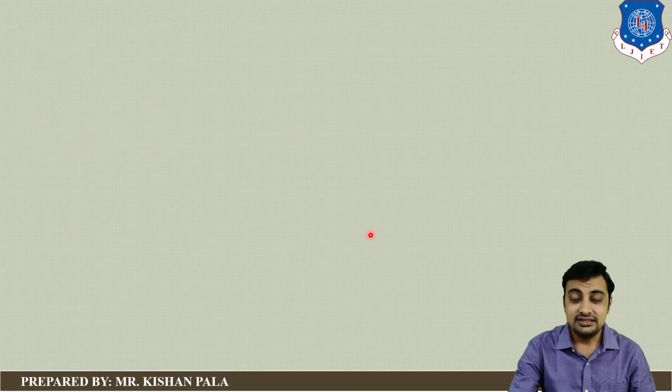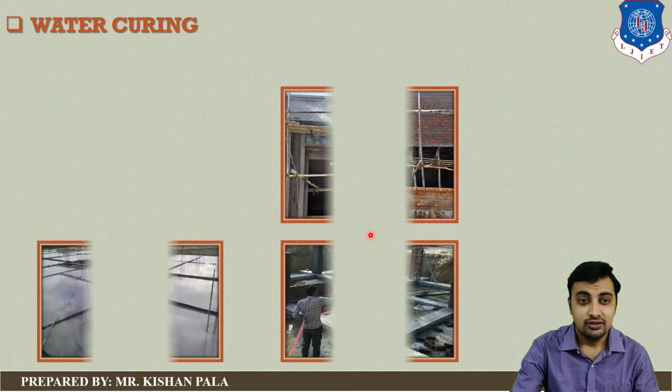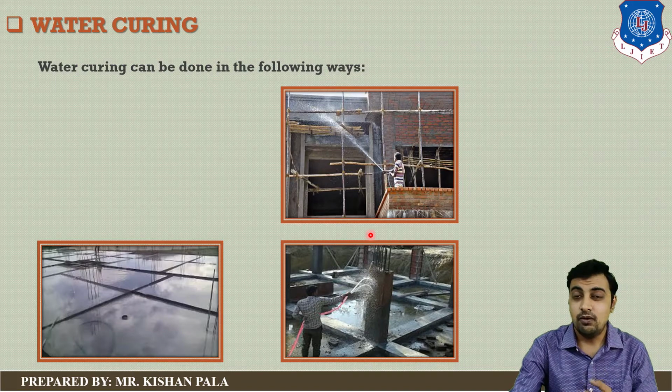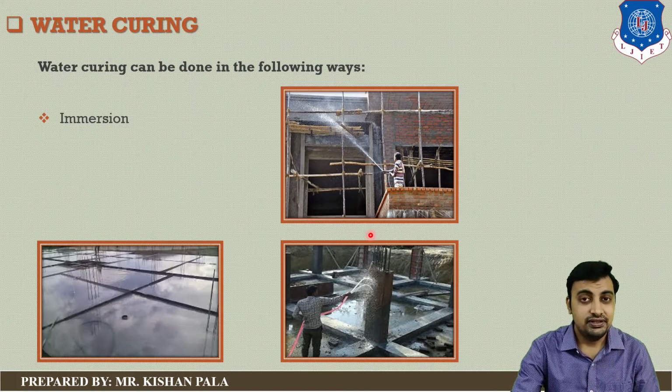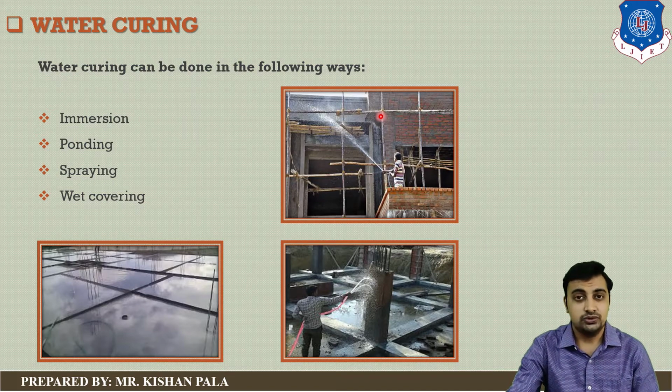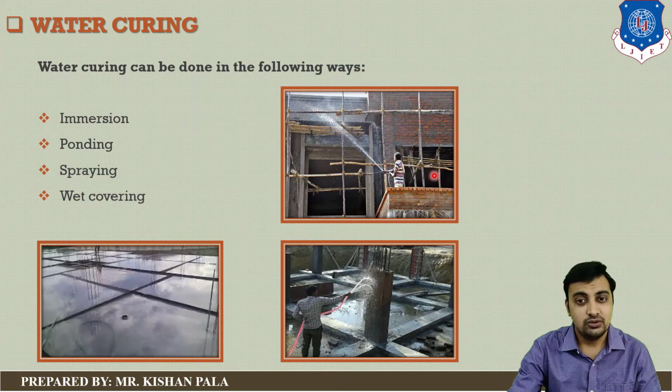Now let us discuss water curing. You can see it on your screen. Water curing can be done in the following ways: with immersion, with ponding, with spraying, with wet covering. So you can apply these methods for water curing. Here I have taken local photos so you can understand easily. This spraying method is really essential in our construction field, and we generally use this type of method. You can spray the water and apply moisture to the concrete mass to achieve the hardened properties of